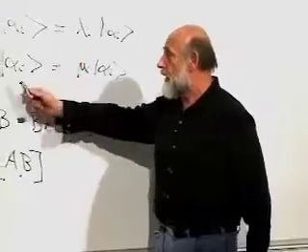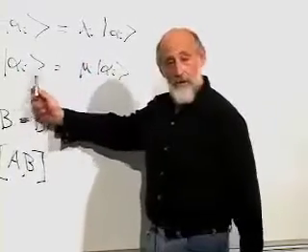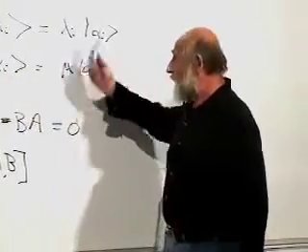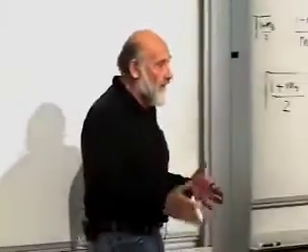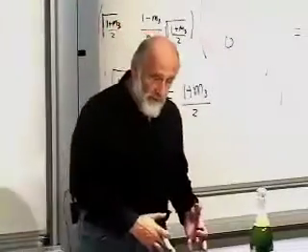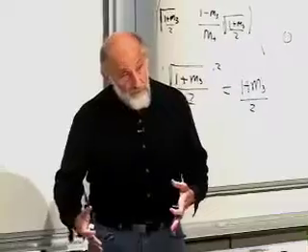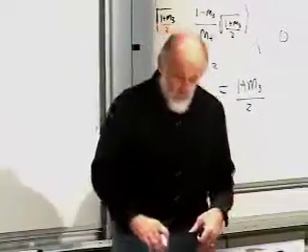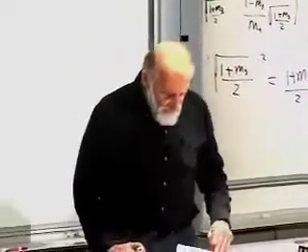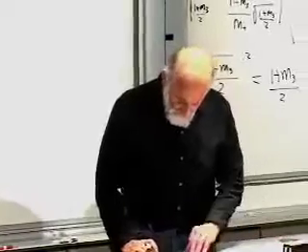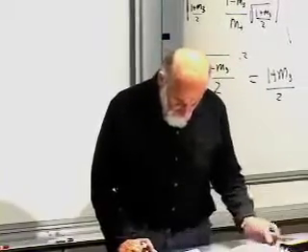You know how A acts, it just multiplies by a number, and then you know how B acts, it also multiplies by a number, and so you can easily figure out what the product of A and B is on any eigenvector, and from that you can make your conclusion. So I don't want to go through the proof of that because it would take us astray, but I do want to get to,